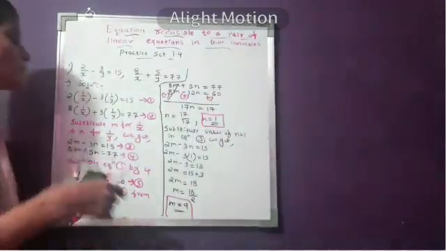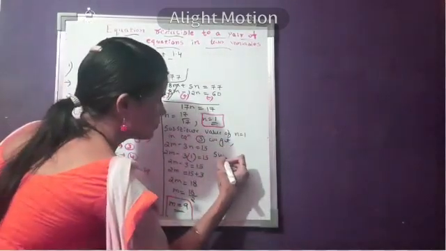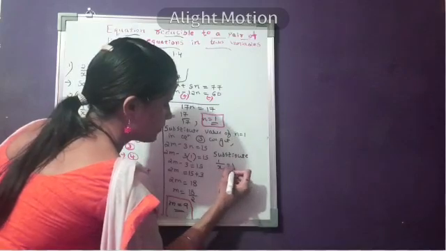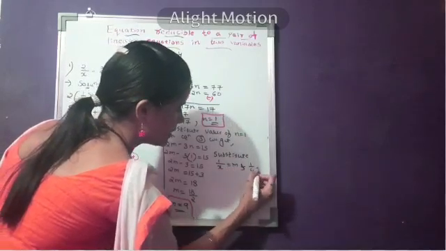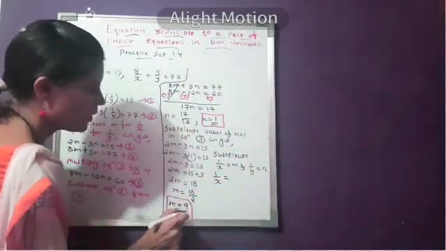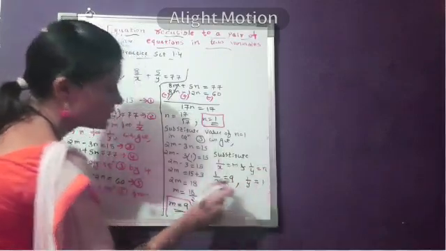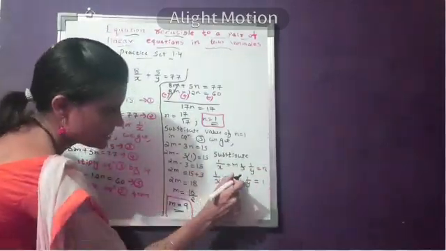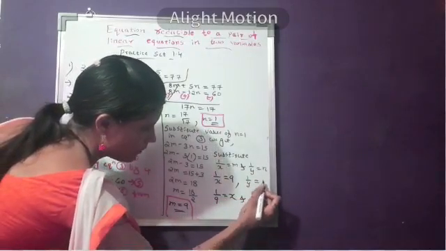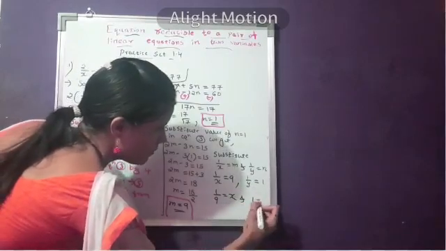Now what you have to do? You have to substitute again, because you have taken 1 upon x is equal to m and 1 upon y is equal to n. So what is our 1 upon x is equal to m? We got 9. Then 1 upon y is equal to n, we got 1. So what will happen? Basically x will go this side. So 1 upon 9 is equal to x and 1 by 1, then y is 1, is equal to y.